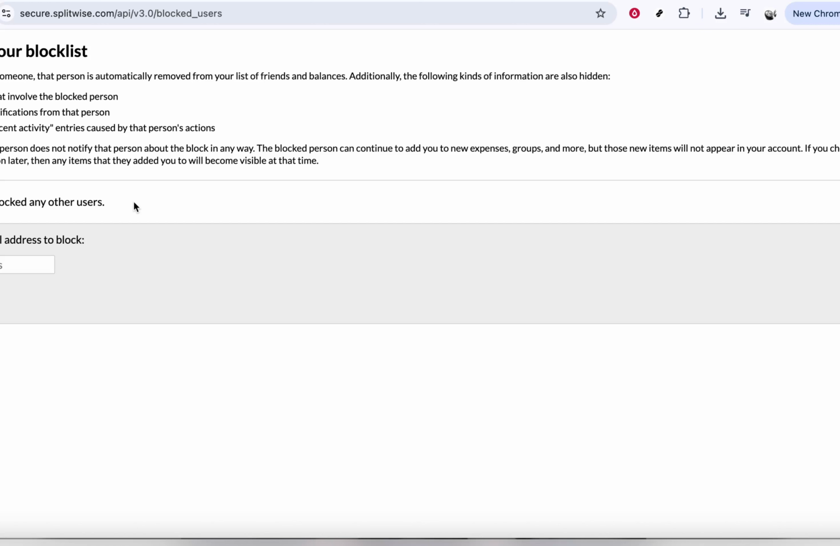By going to your account settings, opening your block list, and confirming the unblock action, you can easily